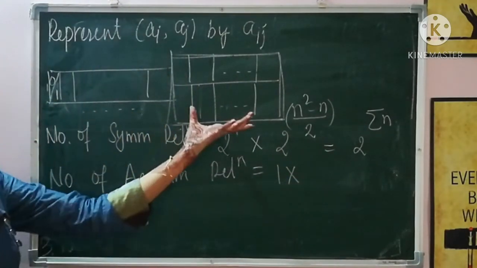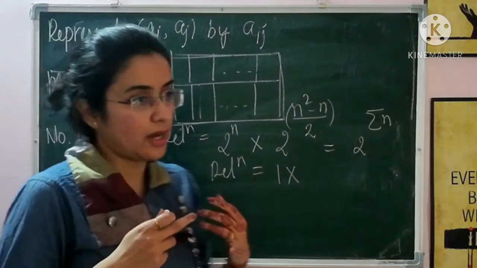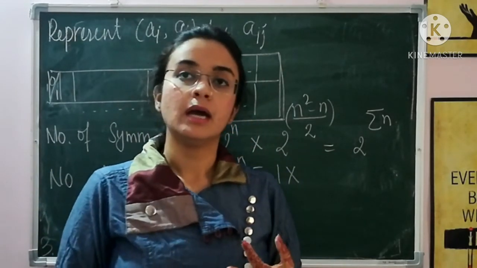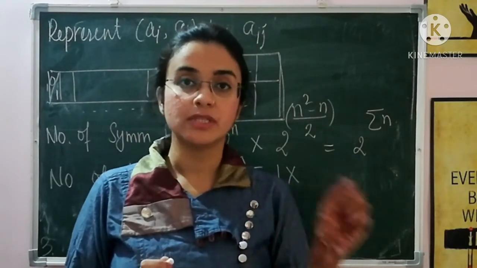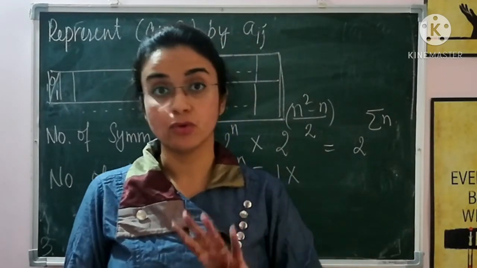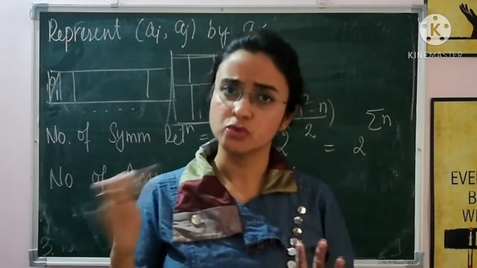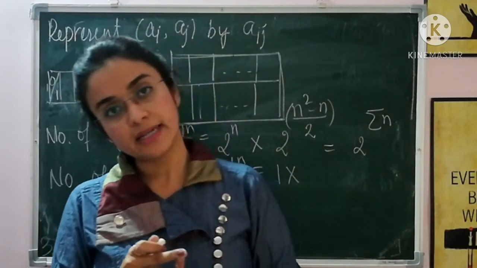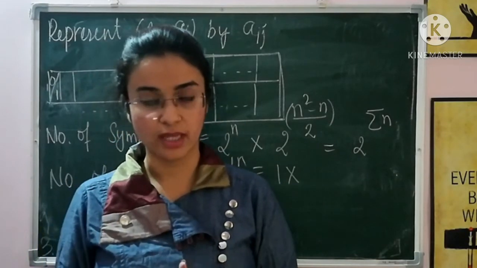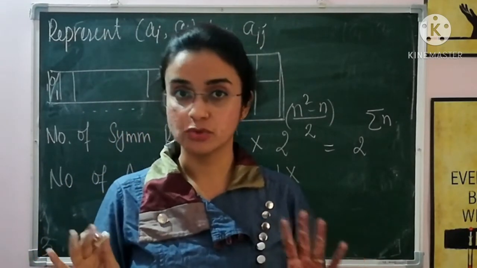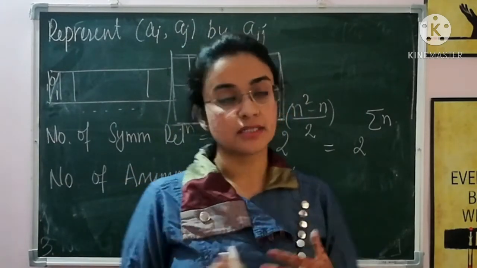One here. Now I have options. I am skipping both of them or I am choosing one of them, either I am choosing AIJ or I am choosing AJI, दोनों एक साथ नहीं कर सकती. So there are 3 ways. या तो मैं skip ही कर दूँ दोनों को, मुझे चूज ही नहीं करना कुछ, या फिर मैंने AIJ चूज किया है बस सिर्फ उतना ही, या फिर मैंने AJI चूज किया है और कुछ नहीं. दोनों एक साथ चूज नहीं कर सकती in order to make an asymmetric relation.